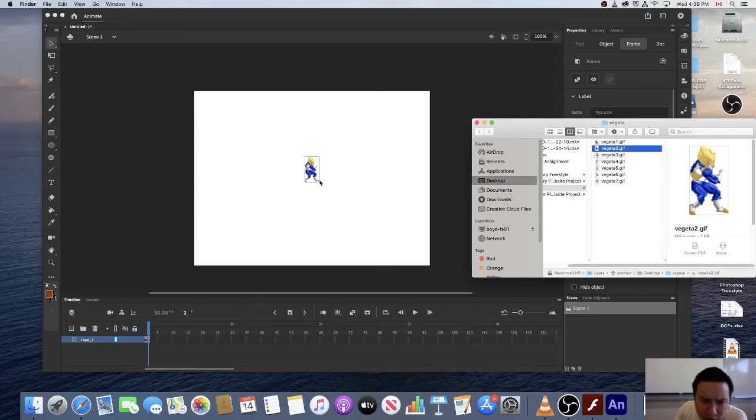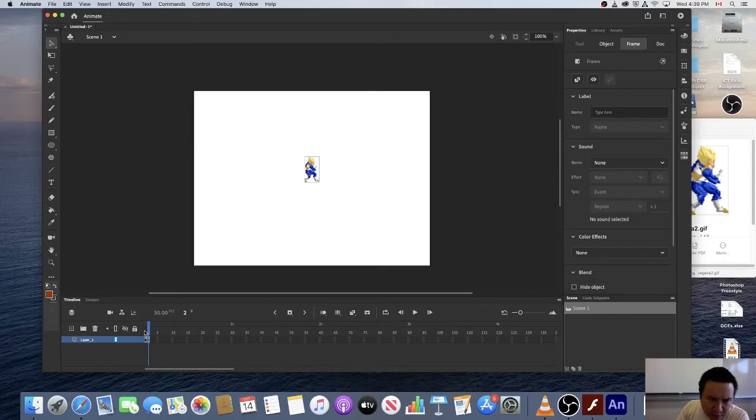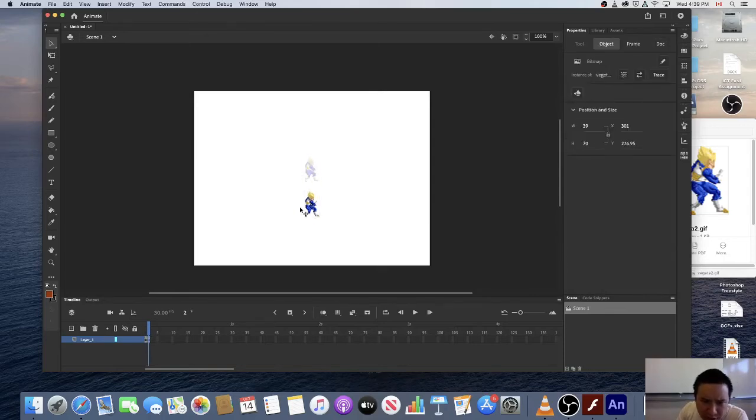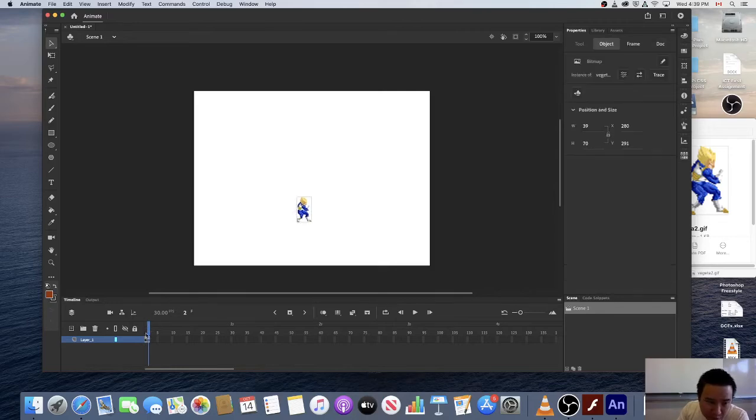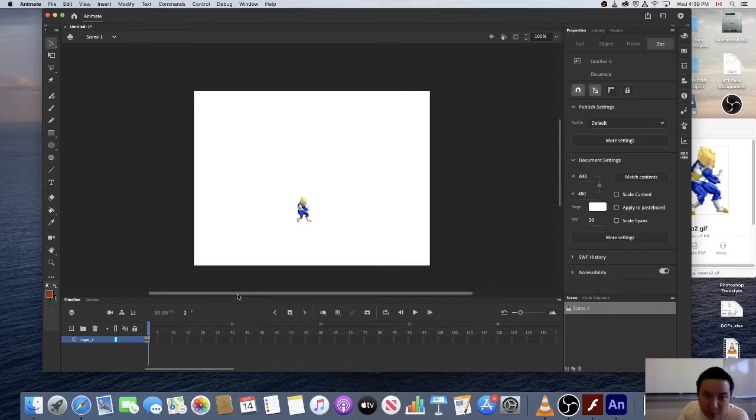And now comes the tricky part of trying to line up the new image with the previous image. So this one, I moved it down there. So I'm going to try to do my best to kind of move it in that location. You could go back and forth and move it around until it lines up nicely, but there's a better way